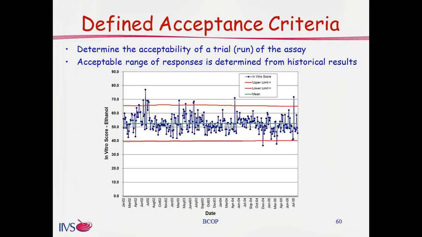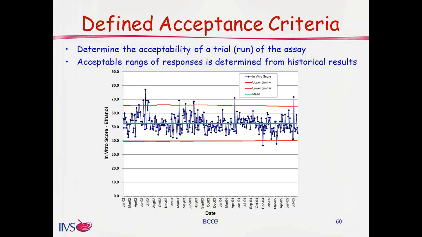The positive control certainly must be used with every assay to assure that the assay performance is acceptable on the day of the conduct. And an example of the issues that come about, and the only way to evaluate for changes in the test system is to include a positive control. So we have a defined acceptance criteria that the positive control must fall within a 2 standard deviation range of normal results. And this graphic here shows the responses, the historical range of responses for ethanol